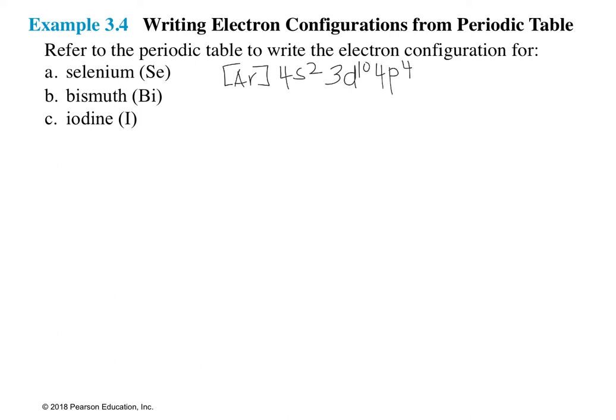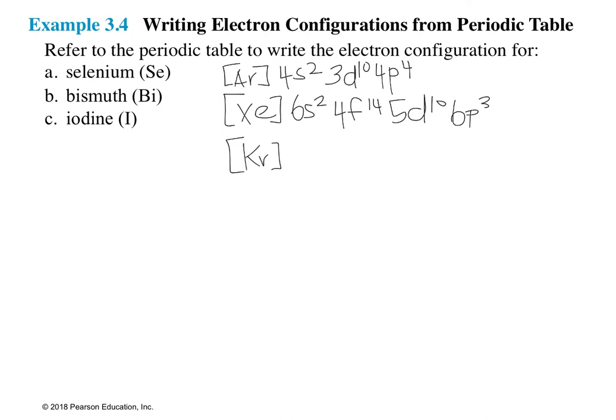For bismuth, our last noble gas is xenon. So then we'll have 6s2, 4f14, 5d10, and then 6p3. For iodine, our last noble gas is krypton, Kr, then